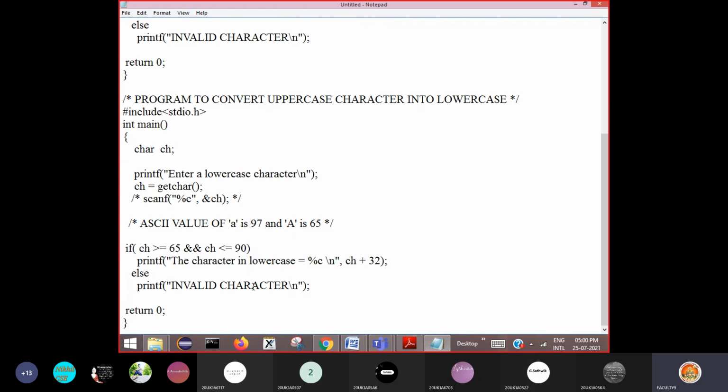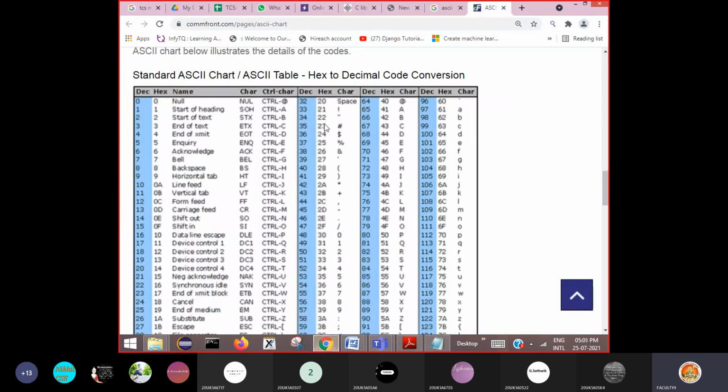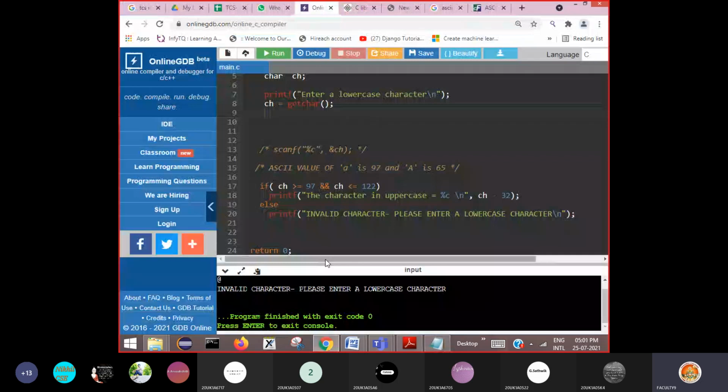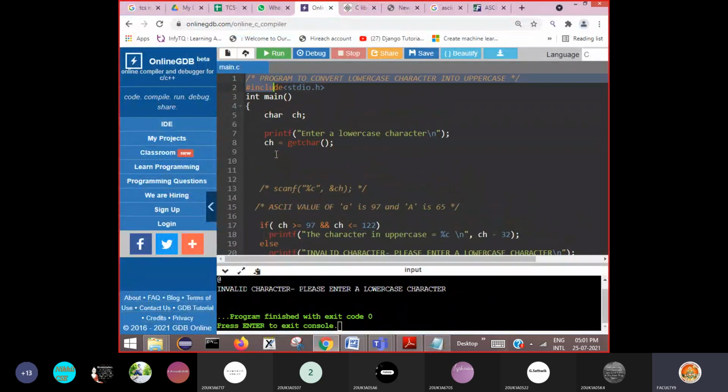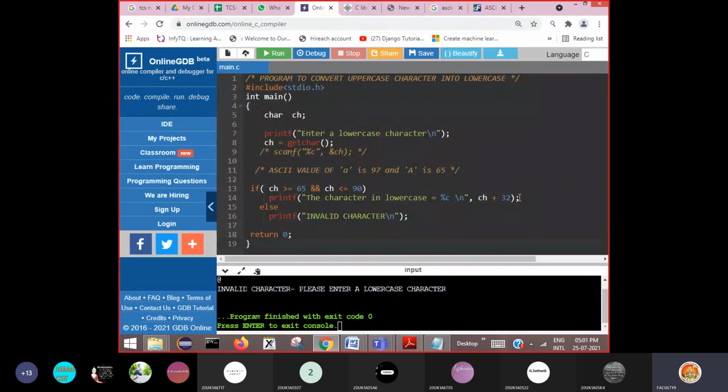So let me just copy this, and I will copy this code here. Now you can see ch plus 32. You remember, adding 32 means it will be converted into lowercase, and subtracting 32 means converted into uppercase.